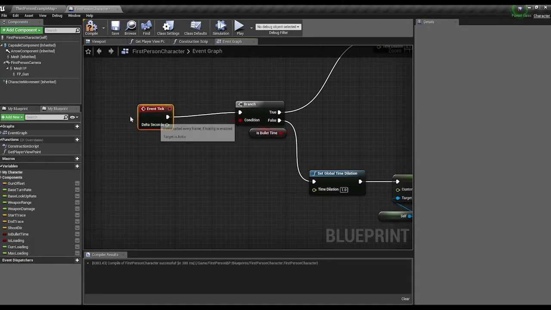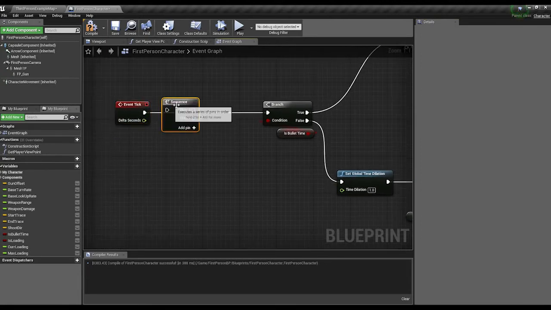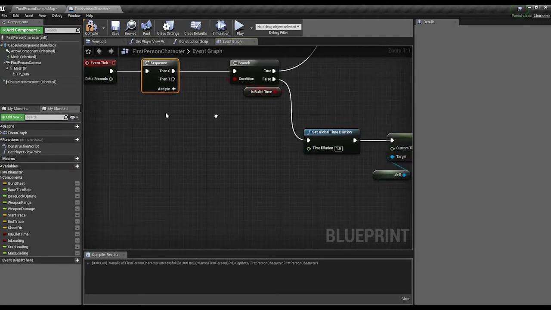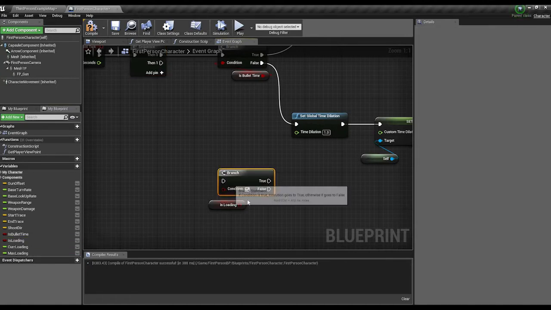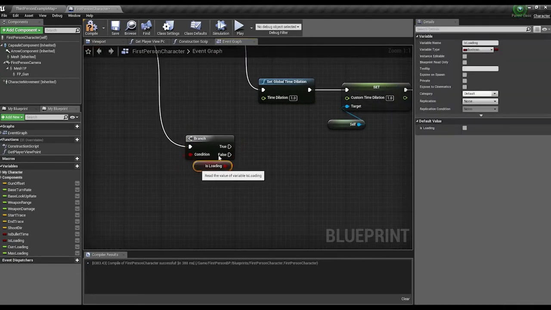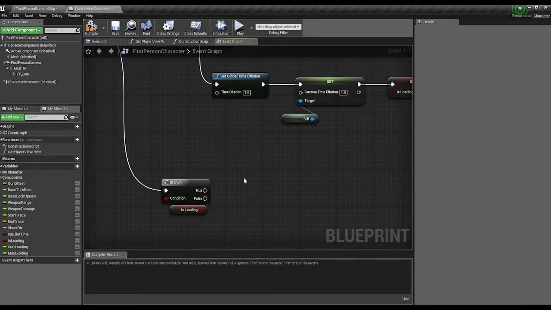So now here's where we have our sequence. If you want to get a sequence, just hold down the S as in Sam key, and then left click. You have your sequence. Let's plug this into here. Let's plug this into here. However, then 1 is going to check to see if is loading is true. All right. So if is loading is equal to true, what we're going to do is